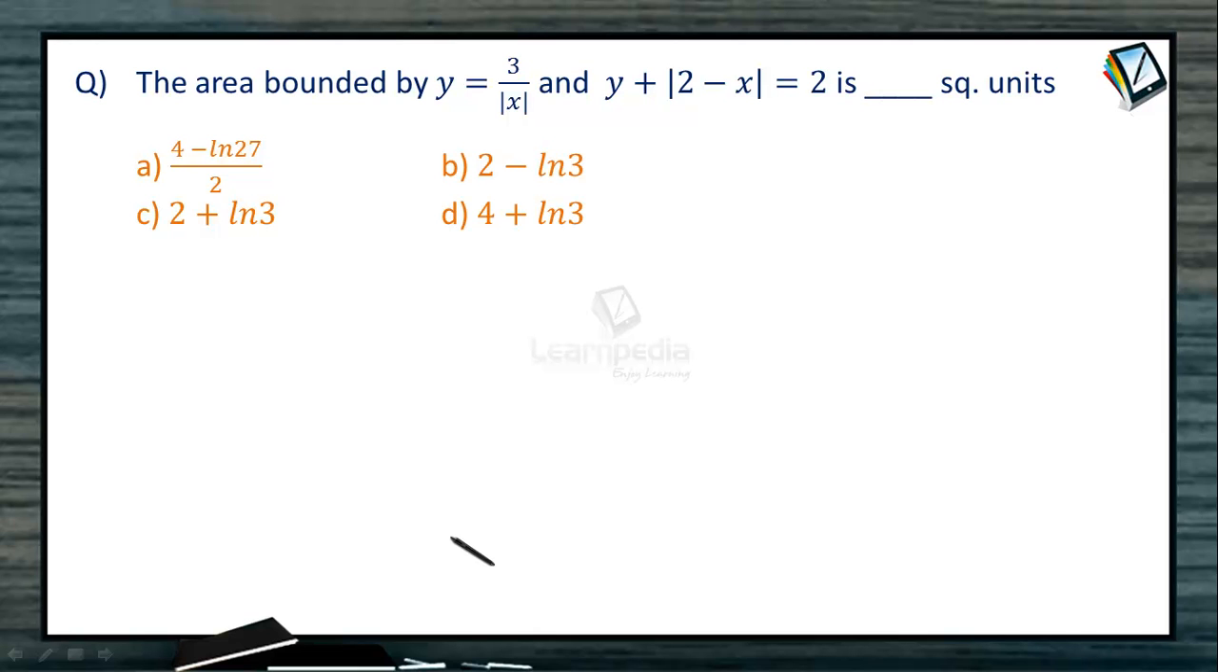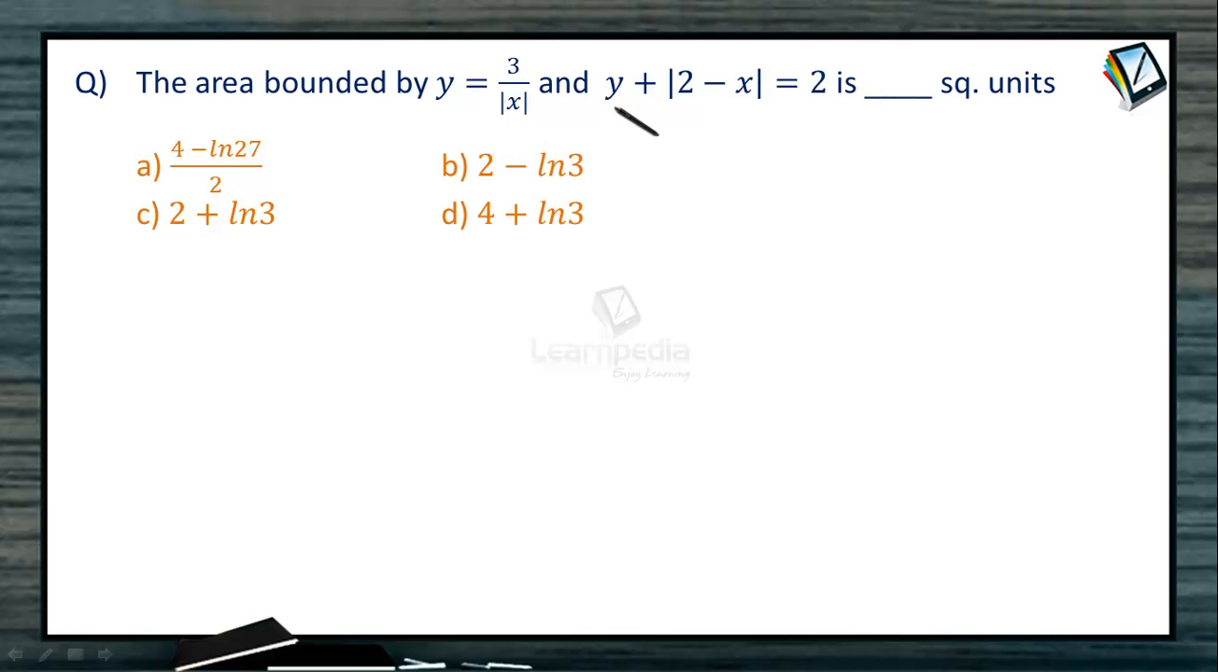In this problem, we need to find the area bounded by two different curves. One is y equal to 3 by mod x and another one is y plus mod of 2 minus x equal to 2. Now, if you look at both the problems, there is a modulus function involved in defining the function. So, before we proceed to identify the geometrical graph of both the functions, first let us express these functions